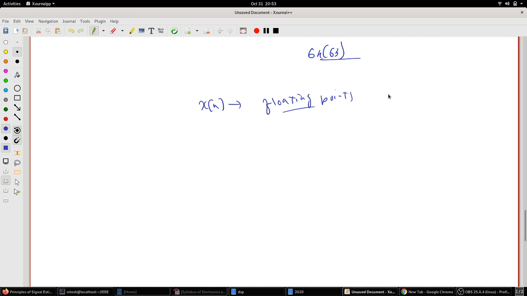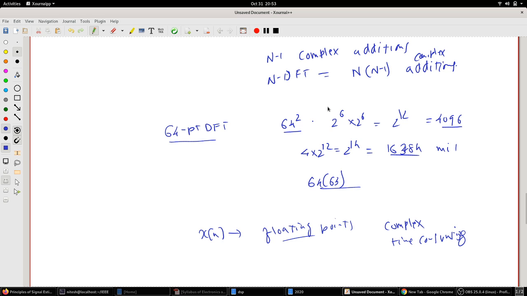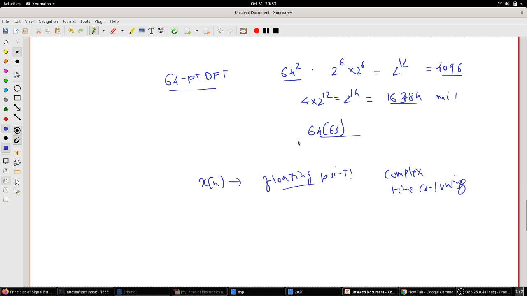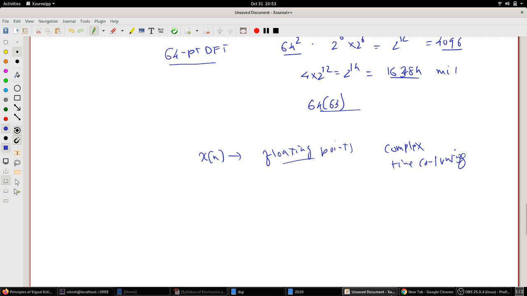Floating point operations are complex, meaning time consuming. So when you have time consuming operations, that's why this is a big deal. You need to reduce this to get a faster calculation. Okay, now